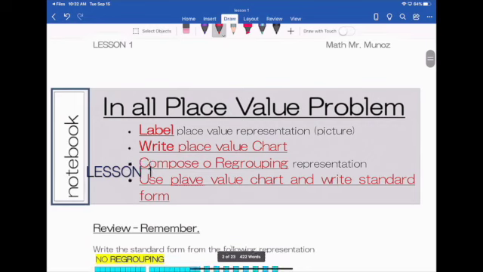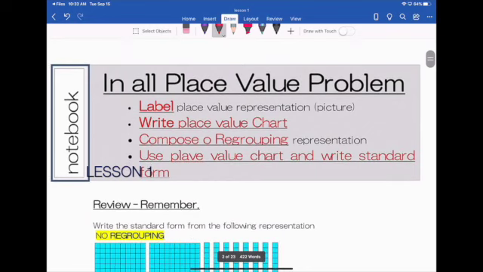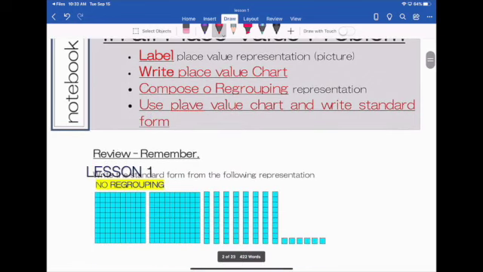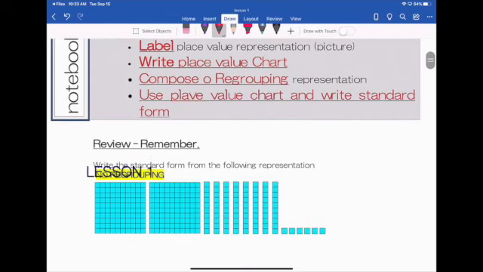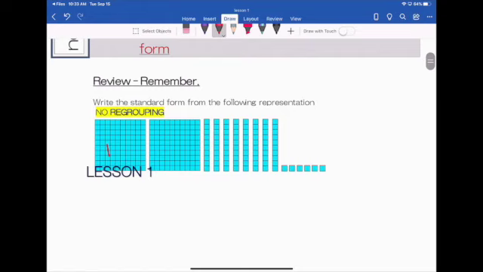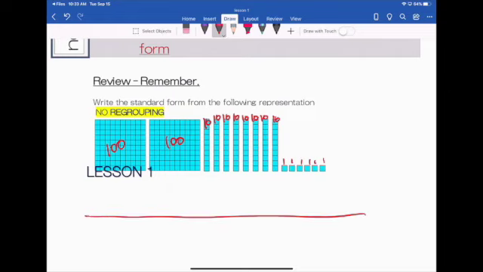When we understand this concept, we explain to the student that we need to do 3 things: label, write the place value chart, compose, see the need for regrouping, and write the value for the card. So the first thing in this case is label. We put the label here. We try to explain the concept of regrouping. So here we need to write the place value chart